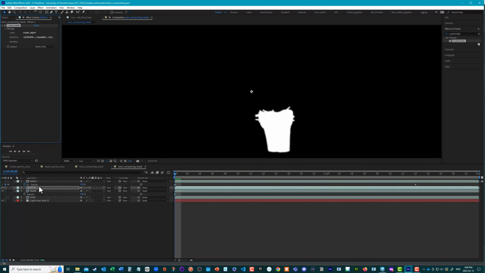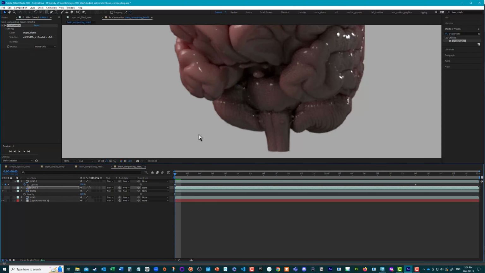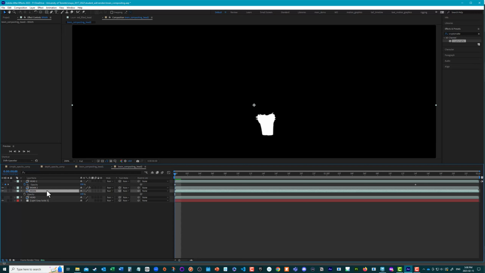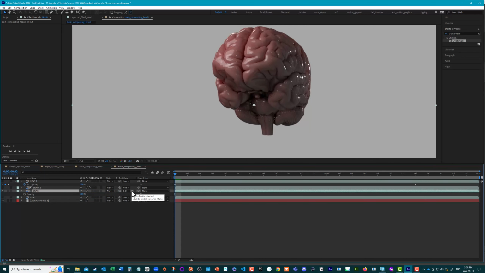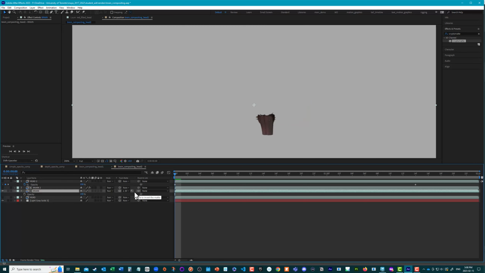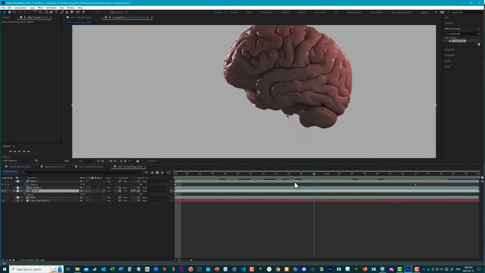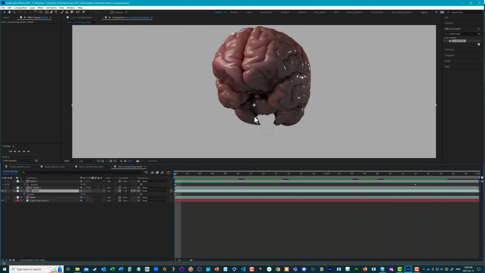And so what's the use of this? Well, in the brain layer underneath this, so we get the matte on top of the brain layer underneath, we can take the full colored brain underneath and pick whip the track matte up to the layer above it, change the track matte type from alpha to luma, and then invert that. And so it's essentially just masking out that area for every frame. So it looks a little weird here, right, because it's just cutting it out. So it's not a perfect solution,